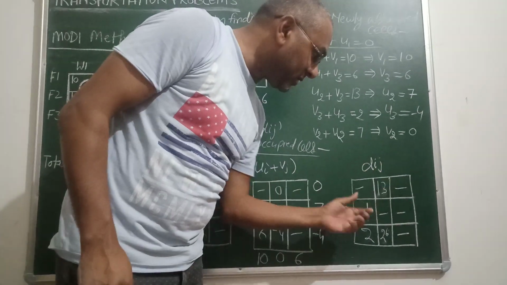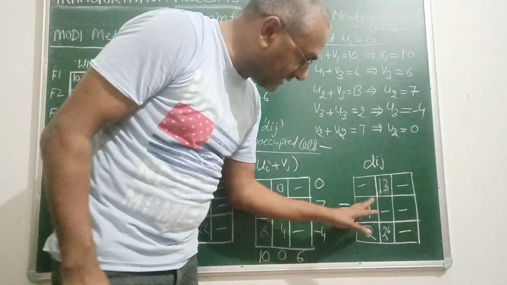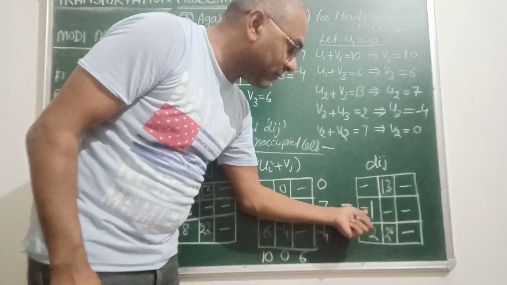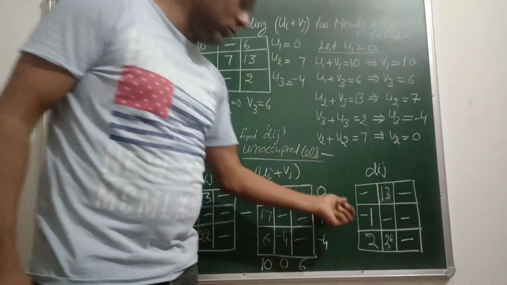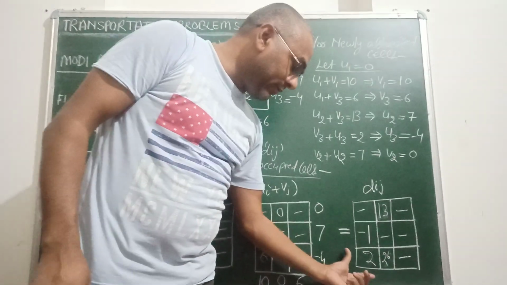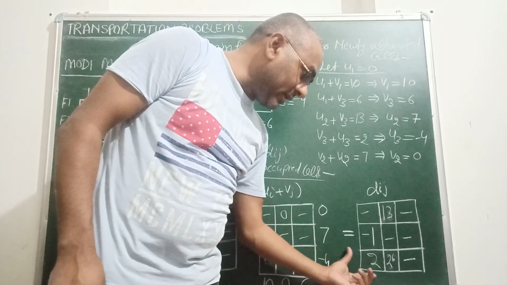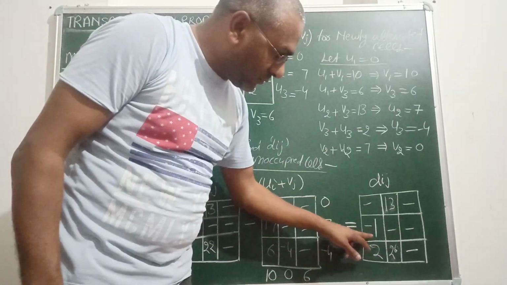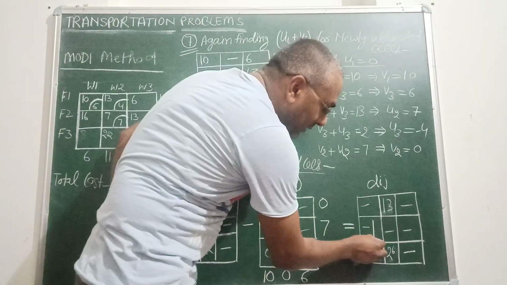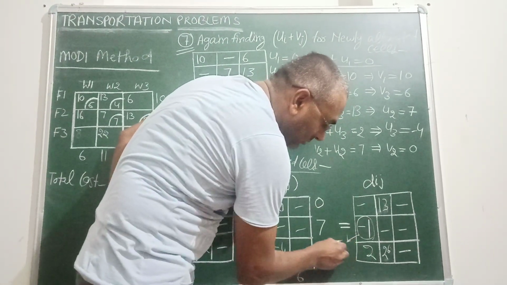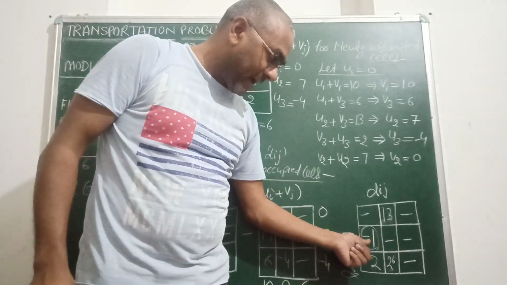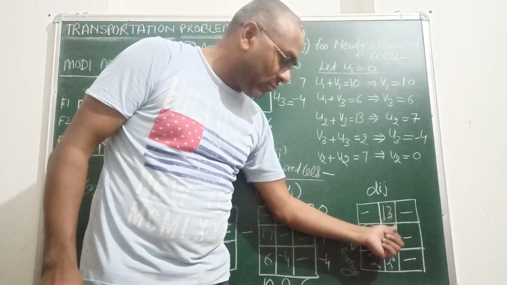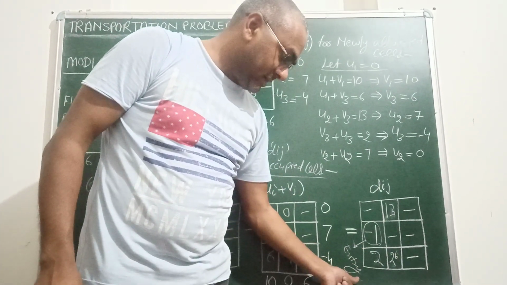Again, to check optimality, you have to see that all Dij must be equal to or greater than 0. But in this case, again, there is one negative value. So the new solution found by us, that is the cost of 190, is still not optimal. So we again have to move further to make a loop and find a new value of theta. There is only a single negative value, so this will be the next entering basis. Again I am telling you, if more than one negative value is available under Dij, select the most negative value for entry basis.